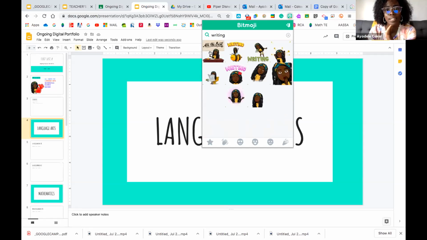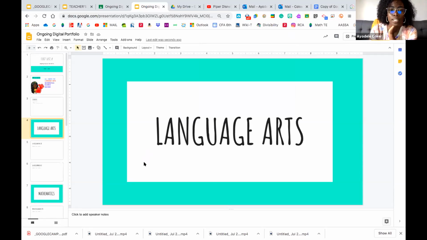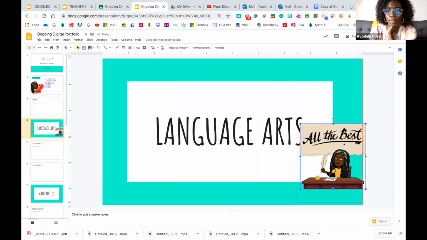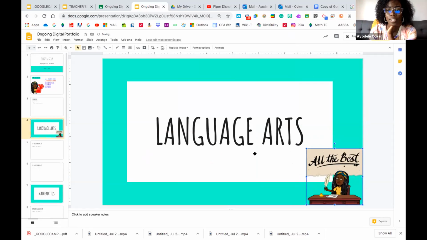Writing, for example, has a lot to do with language arts. So they'll copy and paste their image on there. And that's like a little introduction to their language arts pages, or language arts work. Okay. All right. Next things next. I'm actually going to put this in the center because of what we're about to do.